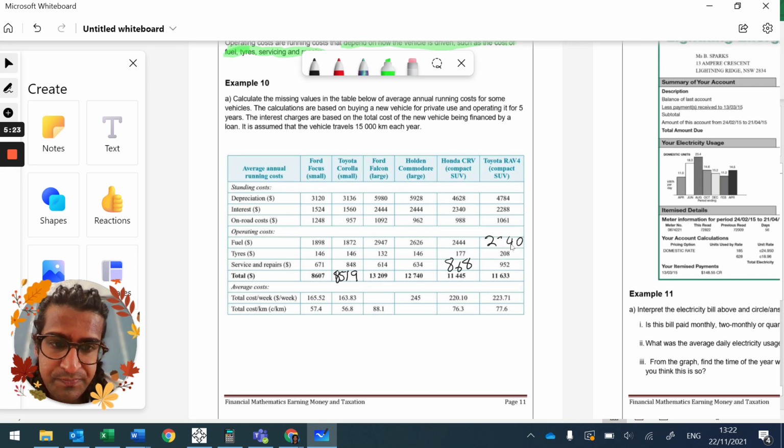So that's as far as this is going. The next part